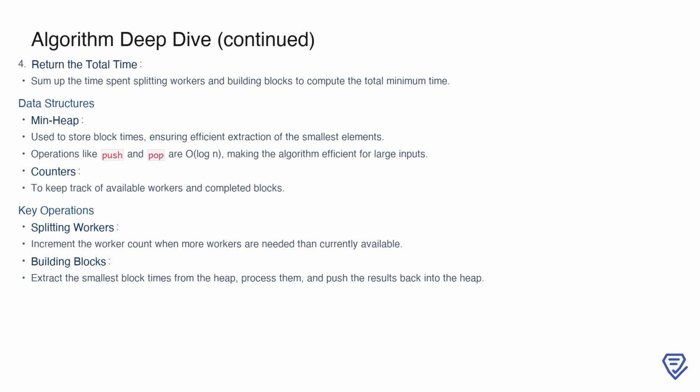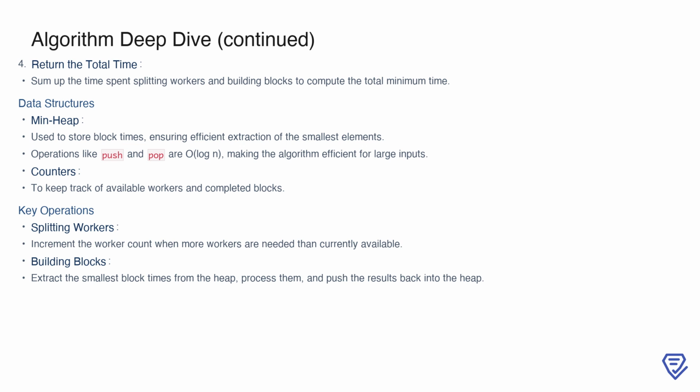The min heap is central to the algorithm, allowing us to store and retrieve block times efficiently. Heap operations like push and pop run in O(log n), ensuring the algorithm scales well for larger inputs. Additionally, counters are used to track the number of workers and the blocks completed. The two main operations are splitting workers, which increases the worker count when more workers are needed than are currently